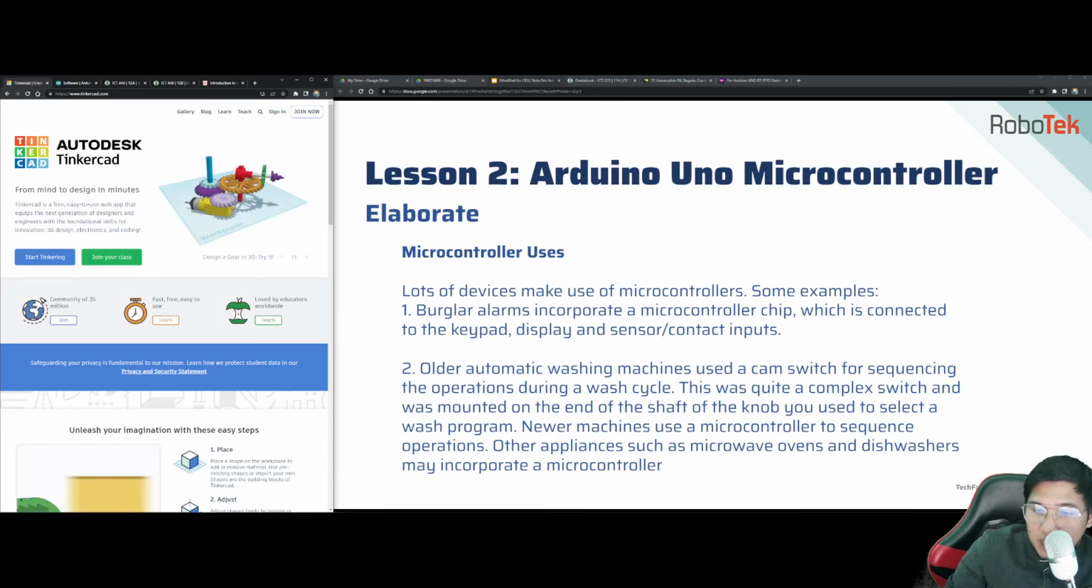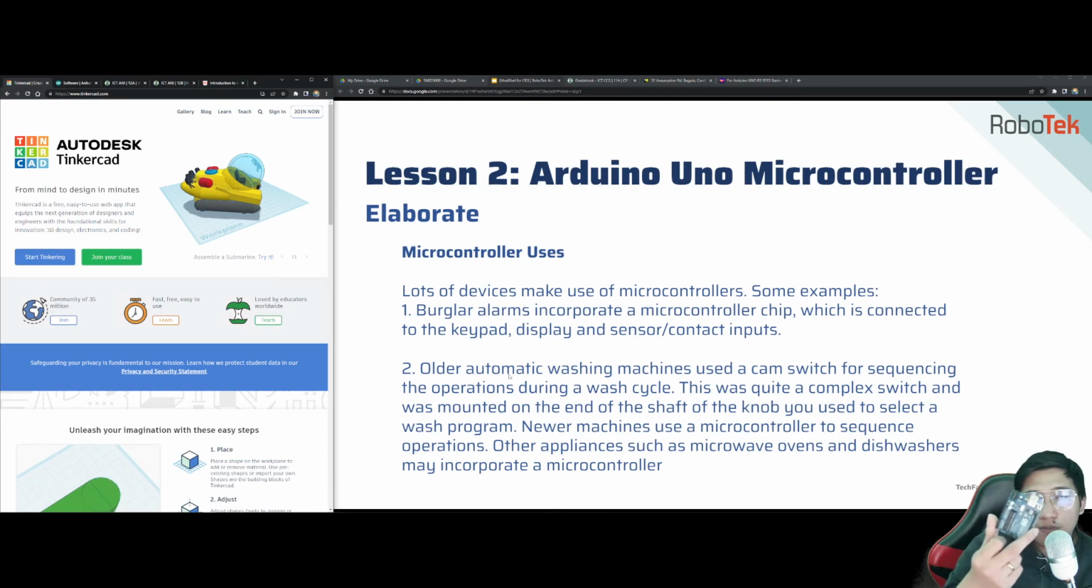Older automatic machines used a camera switch for sequencing the operations during a wash cycle. This was quite a complex switch and was mounted on the end of the shaft. Hindi ko rin inabot to. Pero, the good example for use of microcontroller Arduino is, ako personally nagamit ko to